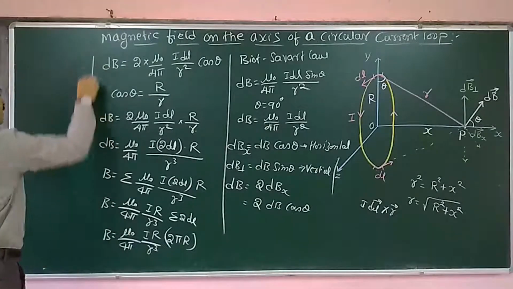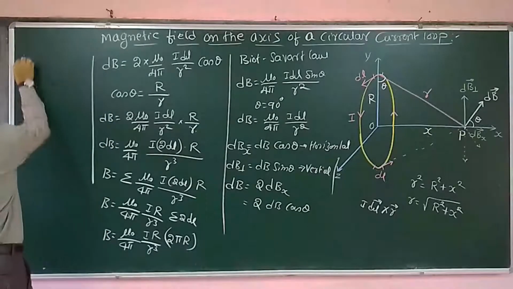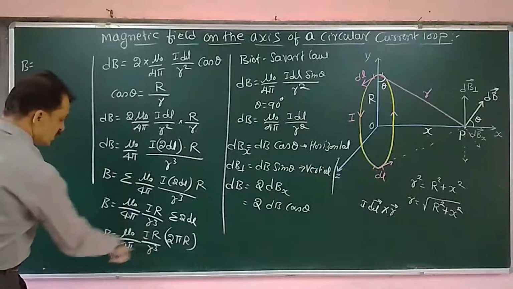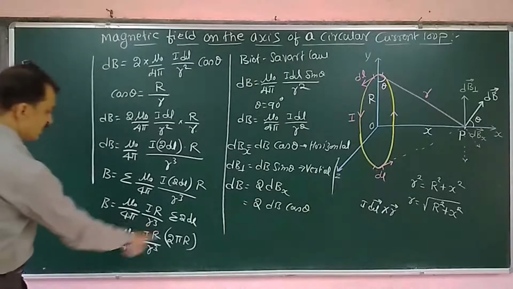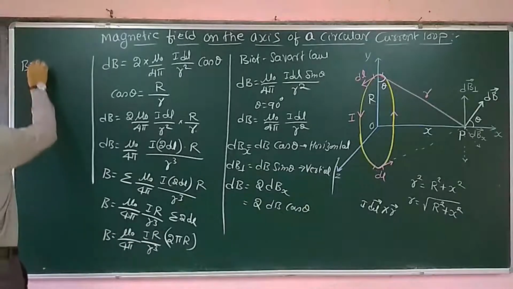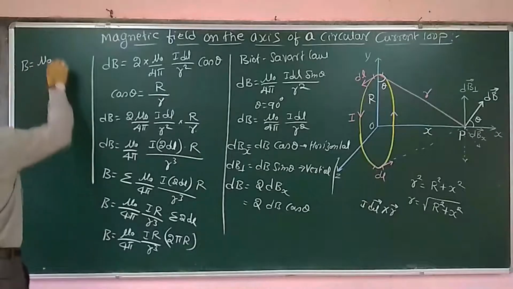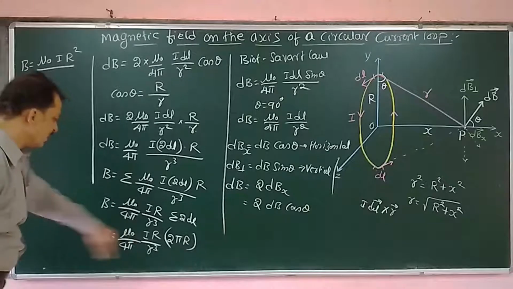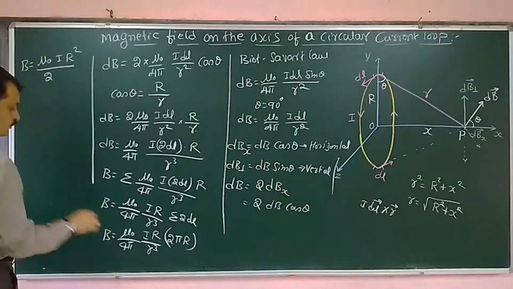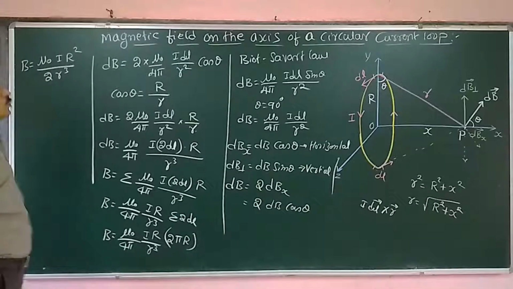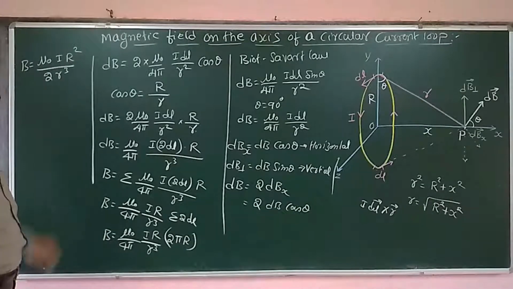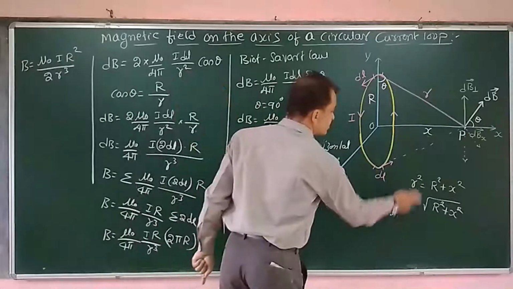Okay. Now further simplification leads to B is equal to, now the 2s get cancelled. Therefore rearranging the terms, I will get mu naught I capital R square, pi gets cancelled, divided by 2 r cube. It is the magnitude. Now here we are going to substitute the value of small r from these two relations.